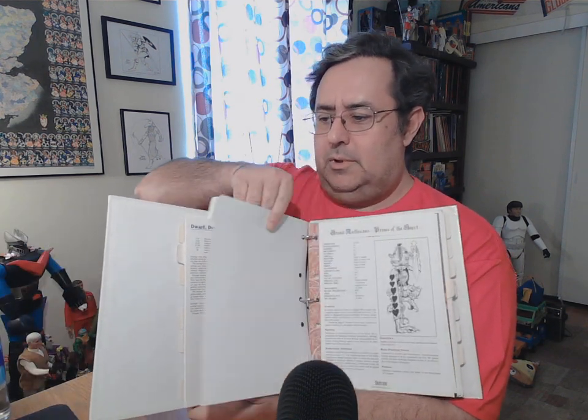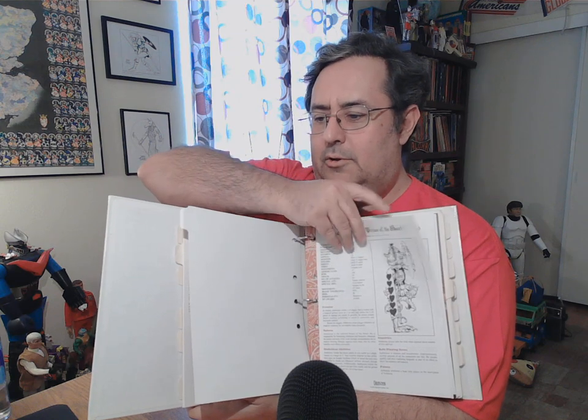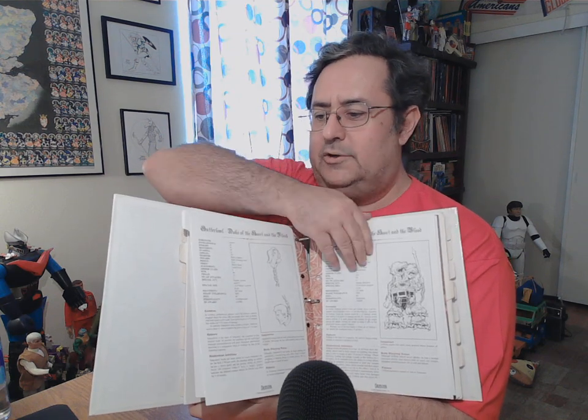Now, in this particular one, I also have the Demons supplement that was done by Mayfair Games. Well, why was Mayfair Games doing a Demons supplement? You can see kind of what they're obviously doing, so it'll go in these binders, keeping it similar. Why? Well,